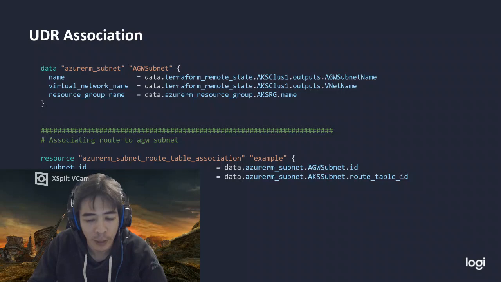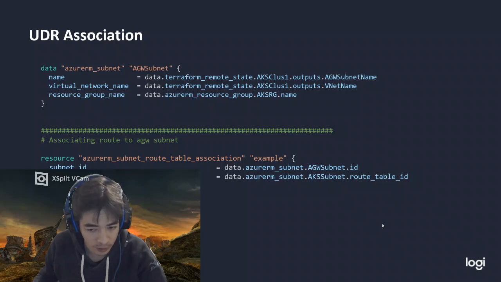Since the subnet hosting my node pool is automatically configured by Kubernetes, it will get the route table ID in its configuration, and that's what I'm referencing to do the association.